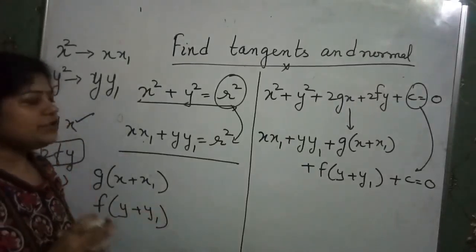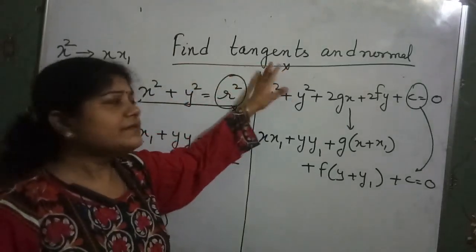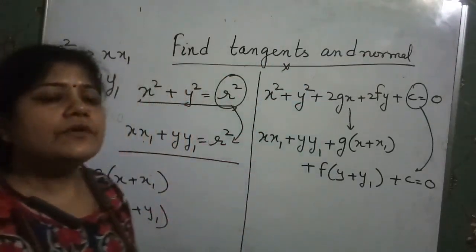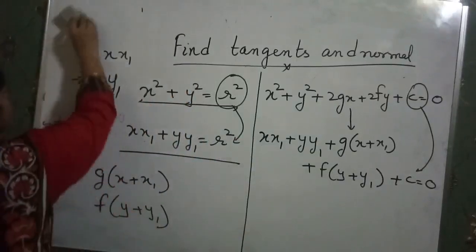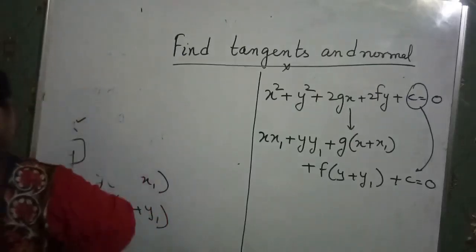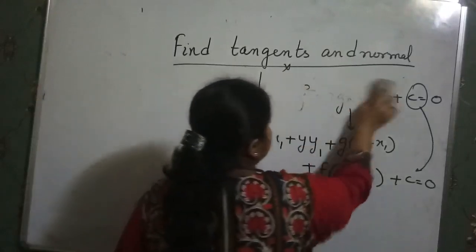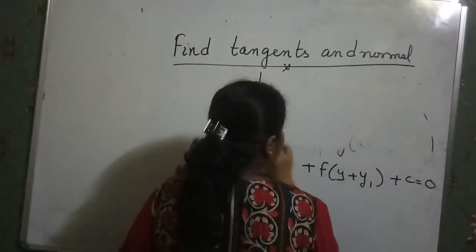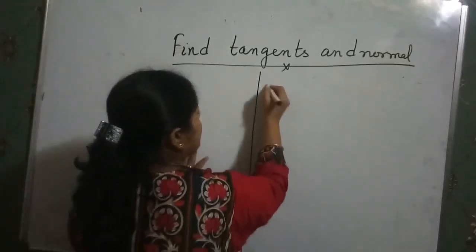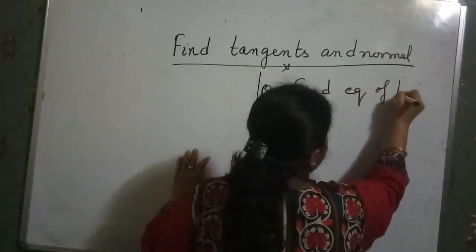Now I am taking the questions one by one. Firstly, I tell you how to find the equations of tangent, and after that I will also tell you how you will find the equation of normal for any circle. Now I am taking the questions. Firstly, I have taken the equation of tangent for the simple equation, then for the general standard equation of the circle. For example, I have a question: find equation of tangent